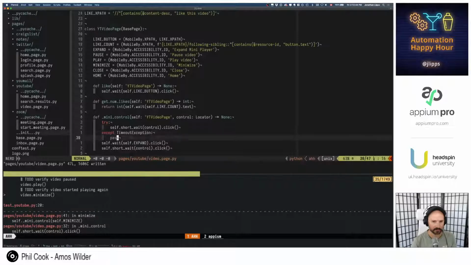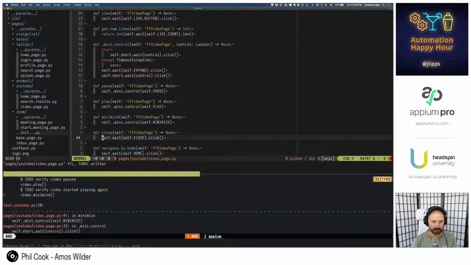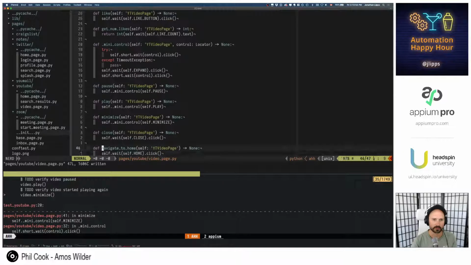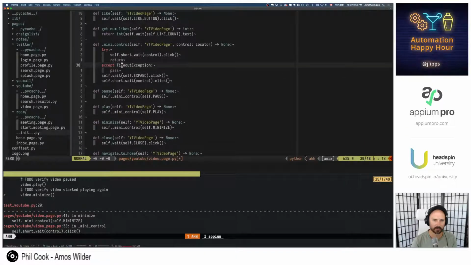Video.minimize, but we did minimize it. Oh, I know what's going on. If we do click it up here, we don't want to also click it somewhere else. That would be problematic.